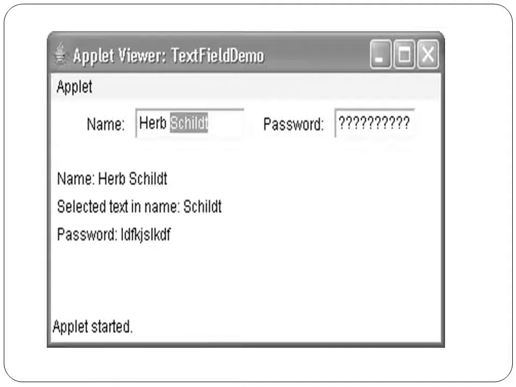be generated. Then we will be displaying the text entered in the name text field and the text entered in the password text field. And in the password text field we have set the echo character to a question mark. That is why the question marks are displayed. And the selected text is from the 6th position till the end of this text field.